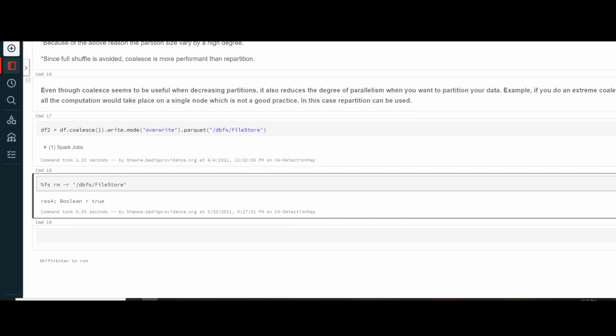But remember one thing. These partitions will partition your data and give it to different executors. This is how parallelism actually works. So if you decrease the number of partitions, your degree of parallelism will also decrease. Keep that point in mind. In case you have a huge amount of data and you do coalesce over it, all the data will go to a single node, which of course you don't want.